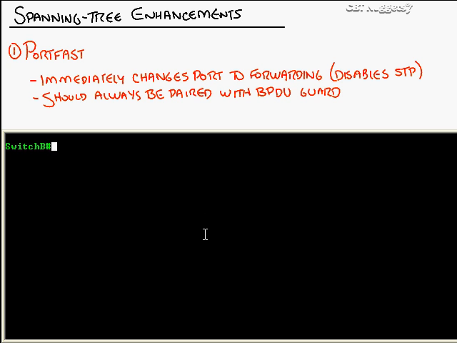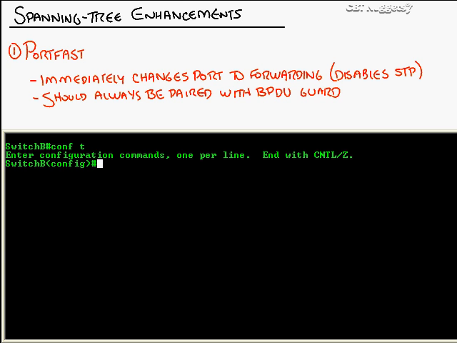These are going to be ports that are connected to end workstations most likely, and you don't want it to go through that 35-second boot up process to figure out that it's not a switch and things like that, because maybe the workstation powers on before then and is requesting a DHCP address, but the port isn't active yet, so it times out. That's no fun. So what we can do is go into most likely interface configuration mode and enable PortFast. I'm going to pair the configuration with these enhancements. Let's say I want interface FastEthernet 0/10, just picking one. What I'm going to do is type in spanning-tree portfast